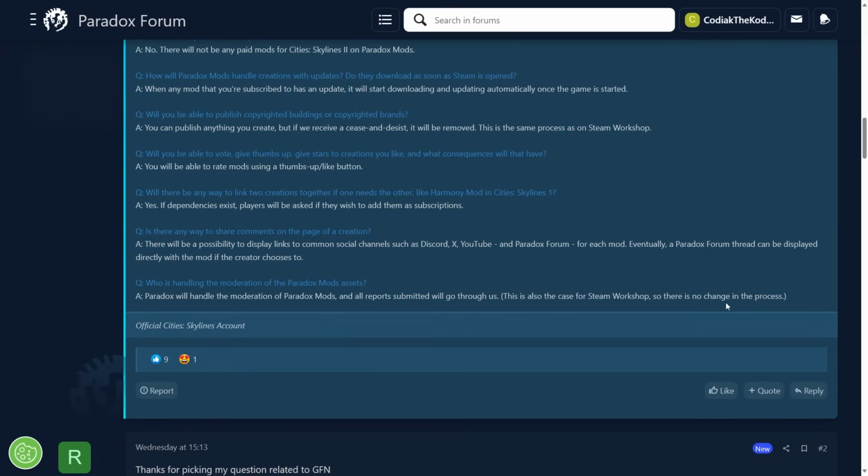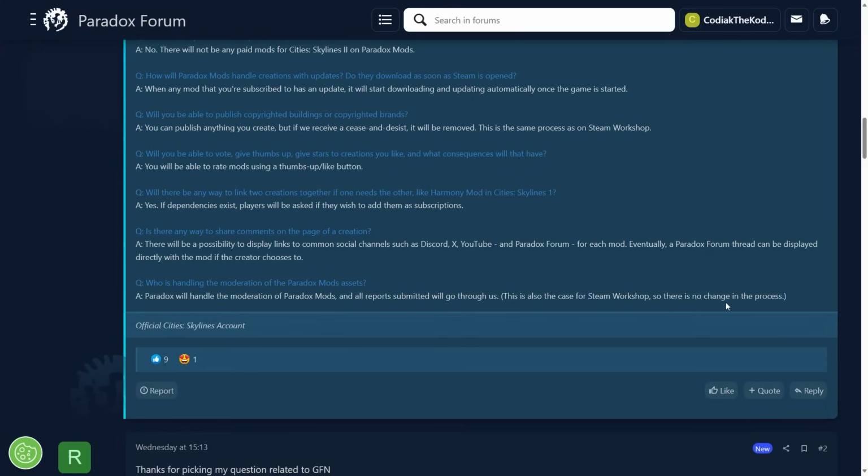I think this Paradox mods is an overall benefit to Cities Skylines, mostly because now Xbox and other platforms like Epic, if you get the game on there, or if you get it through PC Game Pass, or GeForce Now, if they ever get that working, will allow those users to also access mods, which they couldn't before. I personally have never really enjoyed the Steam Workshop and have found third-party workshops like Thunderstore, for example, or mod.io to have been much easier to use as a user.